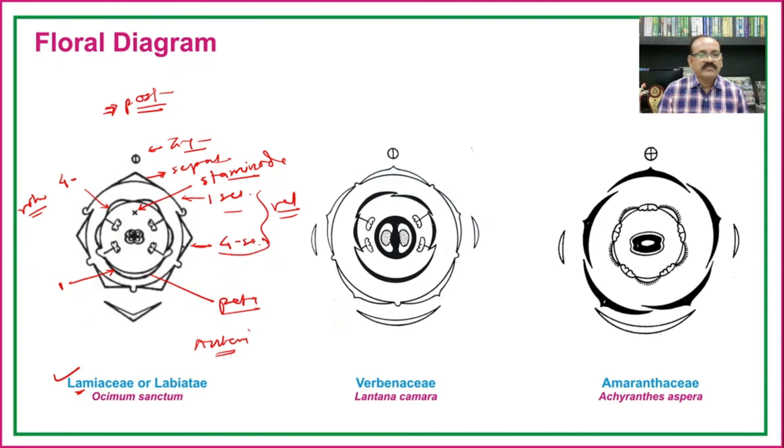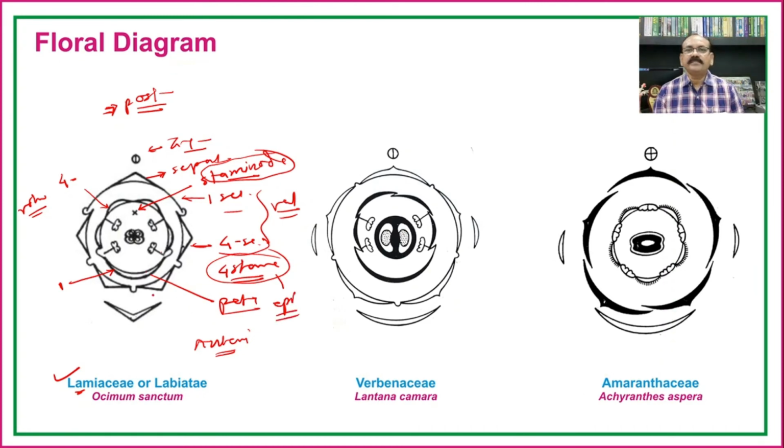Presence of 4 stamens, and all these stamens are attached to the petals, and there is a presence of one staminode. This attachment of the stamen to the petal is known as the epipetalous condition. The ovary in this flower is initially bilocular and later on becomes tetralocular, with one ovule in each locule and axile placentation. So we have to draw in the center the tetralocular ovary with one ovule in each locule and axile placentation.